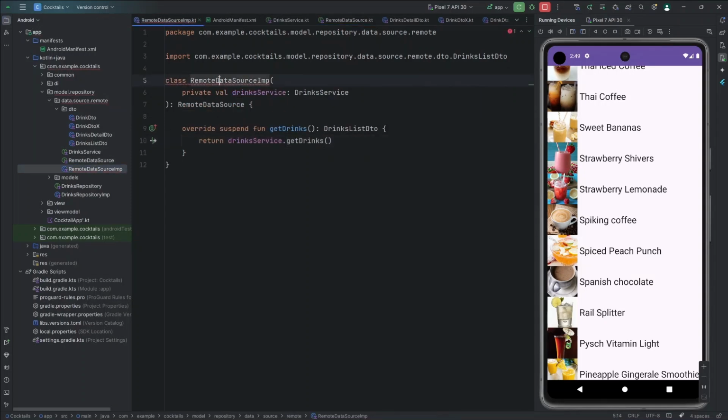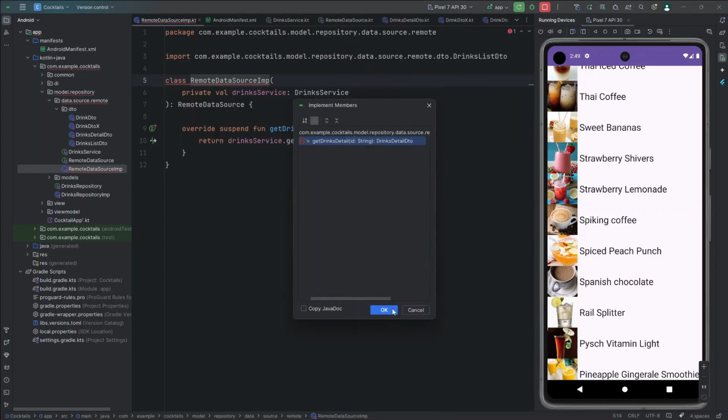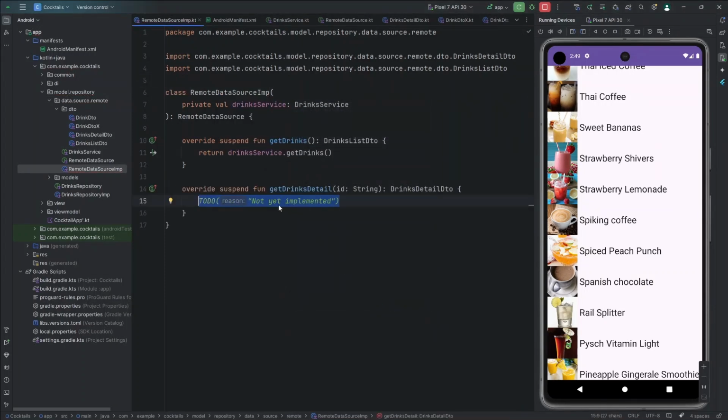In the implementation, we will surely be having an error. Implement the members right here, and in this one we can get drinks detail, pass the ID,